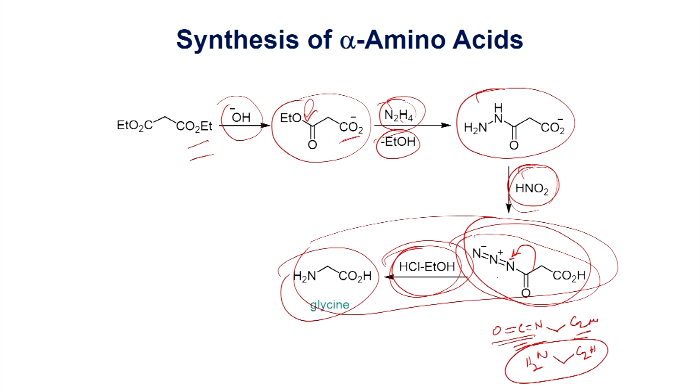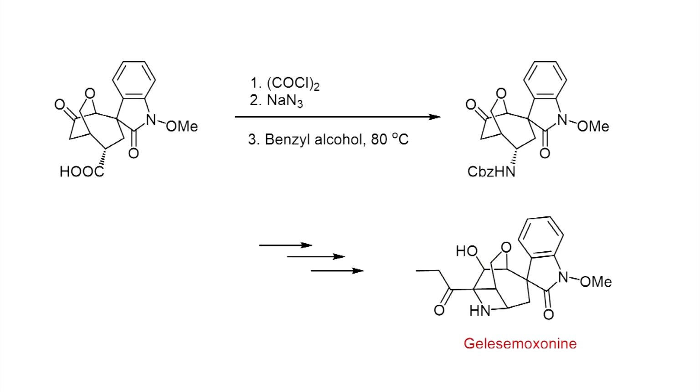Similarly, you can try to make other amino acids. Here another example shown, the reaction of the carboxylic acid with oxalyl chloride can generate the corresponding acid chloride. Once you form this one, when you react with sodium azide,